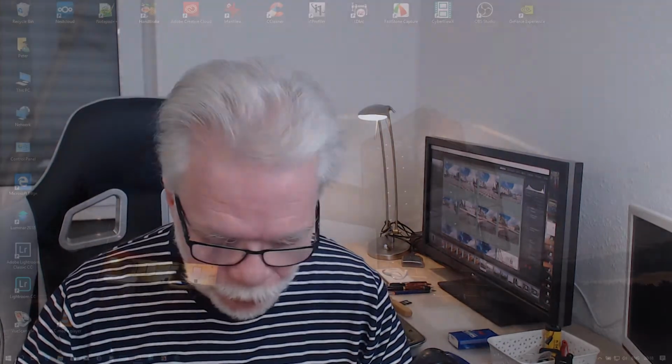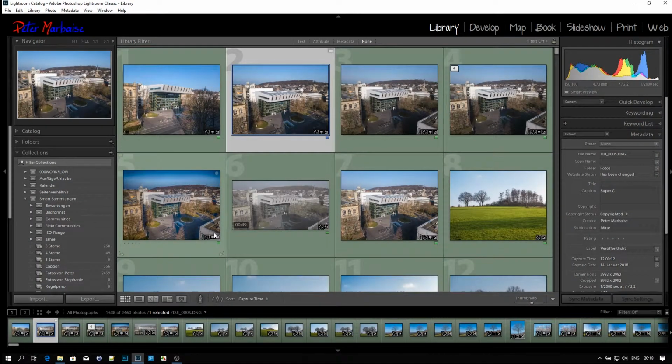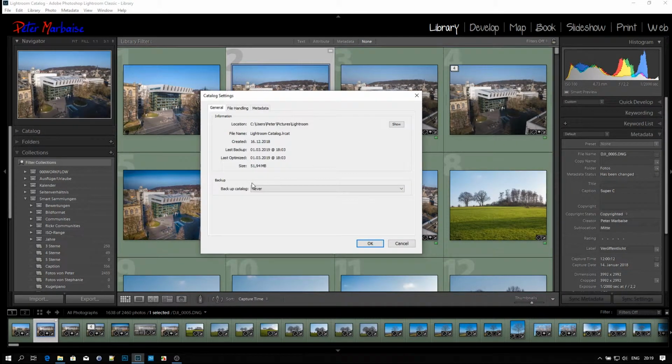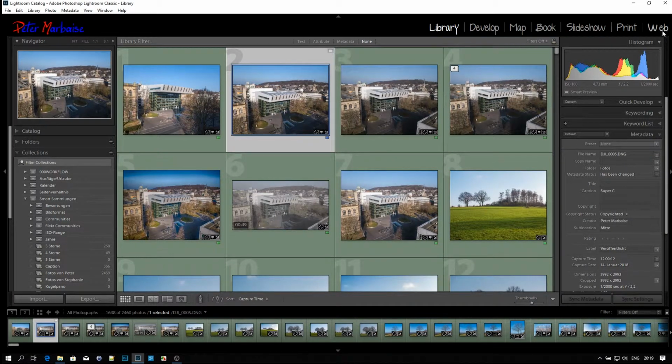Okay, let's start Lightroom. First thing you should do if you have a freshly installed Lightroom, go to the catalog settings, and maybe this is set to default never, so you should choose another frequency where the catalog is backed up. That depends a little bit on how many images you add to your catalog or how much image processing you do, but I prefer the setting that a backup is done every time you quit Lightroom. If you set this, we can now quit Lightroom,